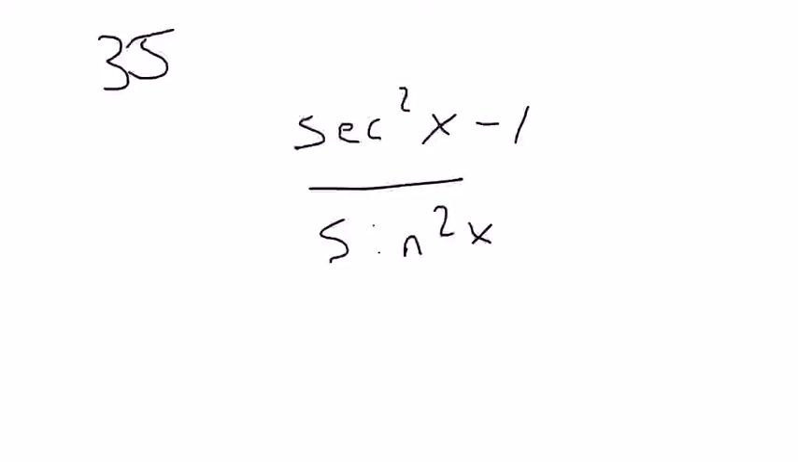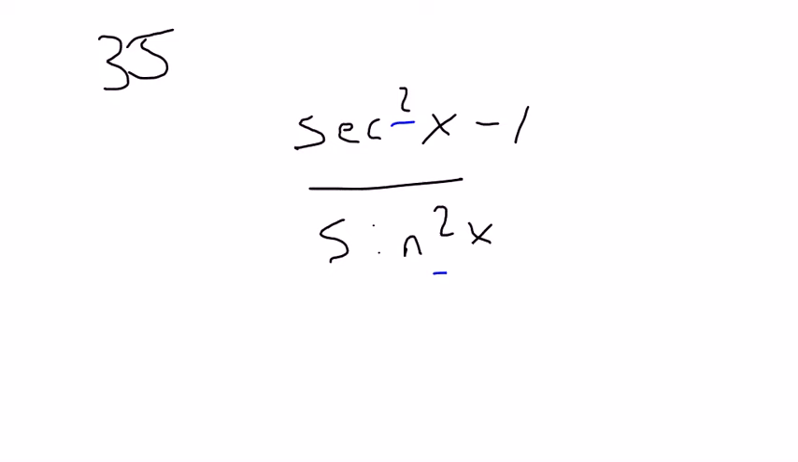All right, now we're at number 35. Okay, most of the time you're going to want to change things to sines and cosines. Okay, here's an exception. When you see squared symbols, like sine squared in the bottom here, and then secant squared up on top, typically you're going to want to check Pythagorean identities in order to try and simplify something like